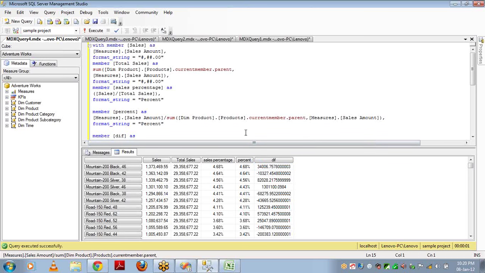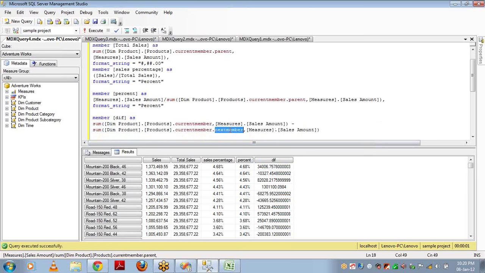What I've done is use the same functions we discussed in the last session. First of all I have to set my requirement clearly, split the requirement, and write a map of how to achieve it. Then I have to define the functionality for the calculation: what formula I have to use, what functions I have to use, and how I have to proceed. I have to make sure of everything before writing a calculation.